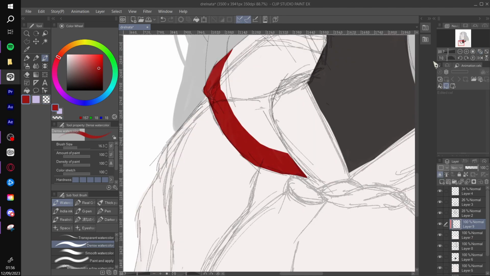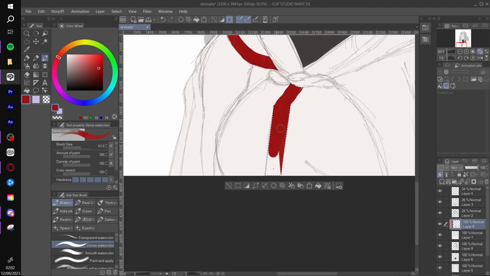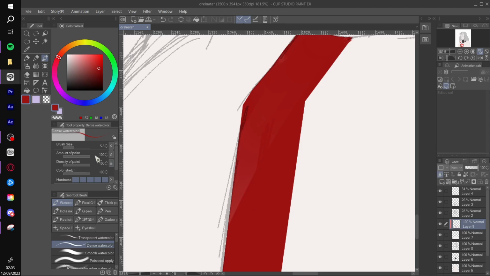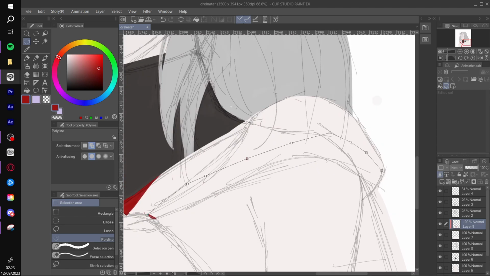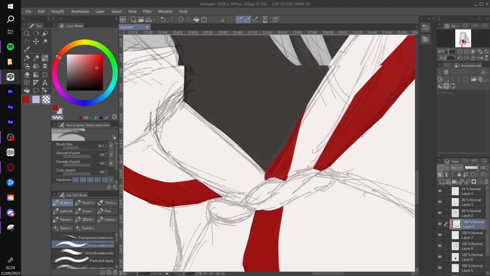So getting onto her robe and her cloak, I was kind of thinking I wanted to have a little red design going on around it, but I couldn't really get it to work. I couldn't have a clear idea in my head of how I wanted it to work or what I wanted it to look like. So after going about it a bit and getting some red down, I decided